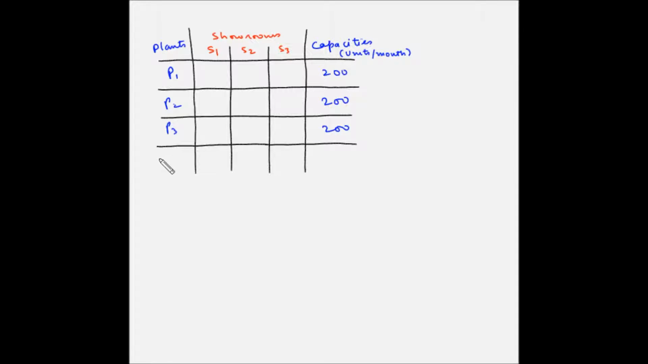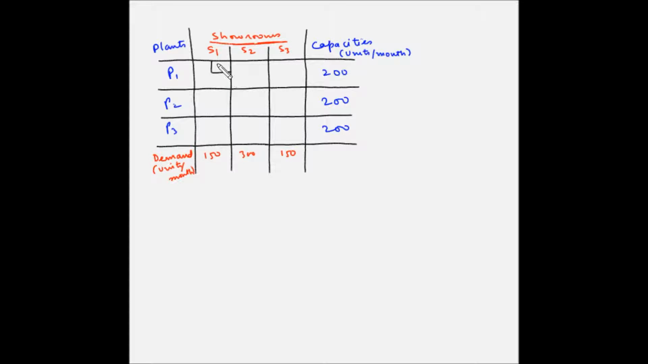And at the bottom, we'll place their demand. So S1 has a demand of 150. This is again units per month. S2 has a demand of 300 units per month, while S3 has a demand of 150 units per month. And in the middle, we'll place the profit